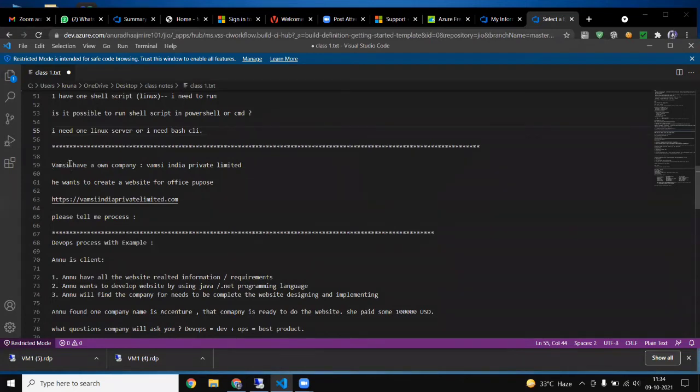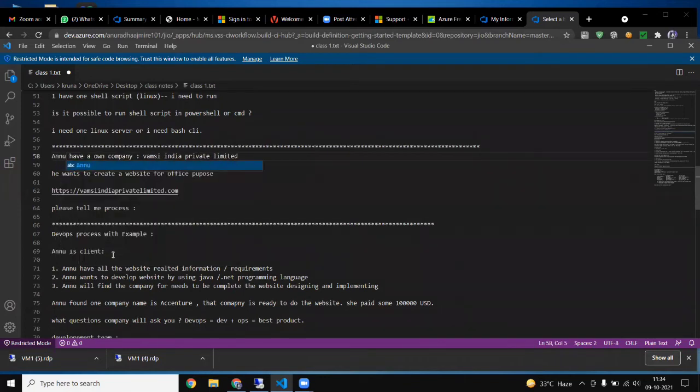So now we will jump to our notes portion. Here I want to write Anu. Suppose Anu has her own company, and the name of the company is Anu India Private Limited. I'm telling you how we make a project, what the need for making a project is, and what the process is.